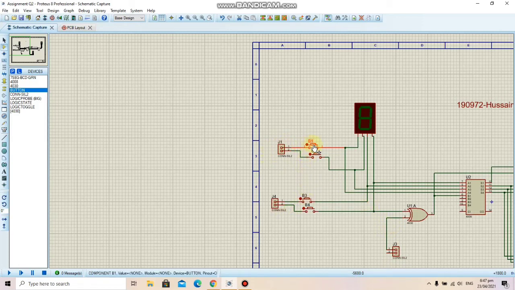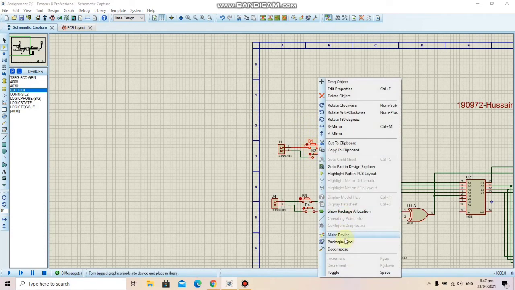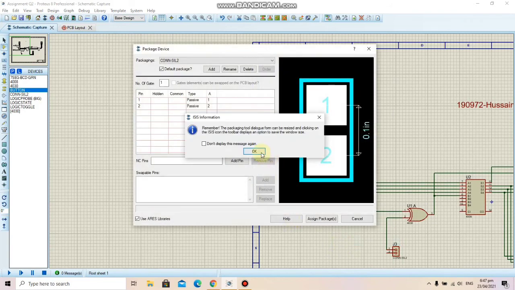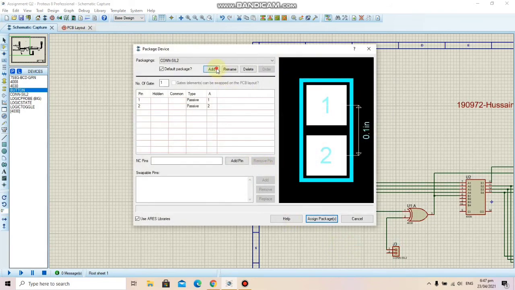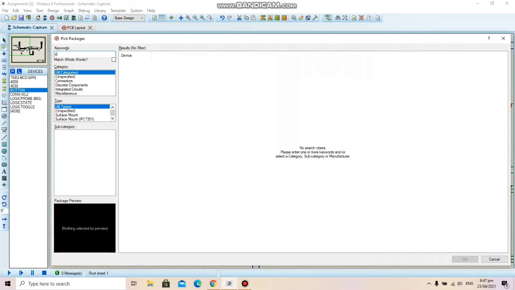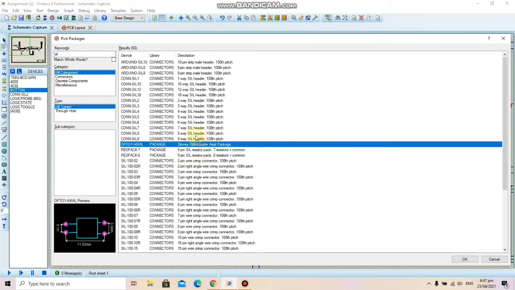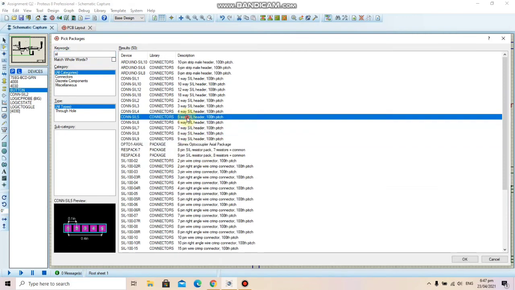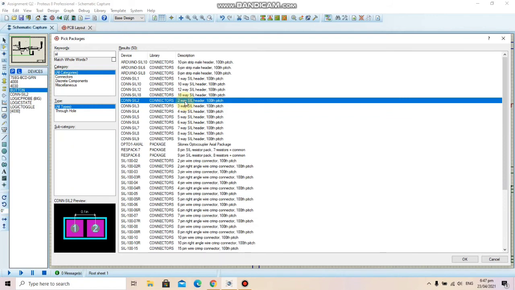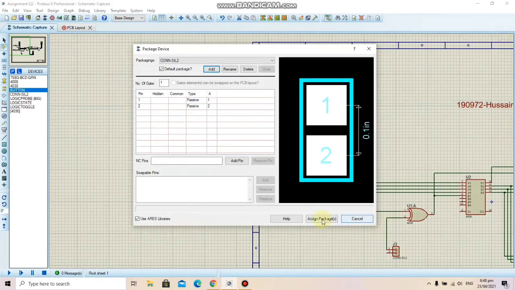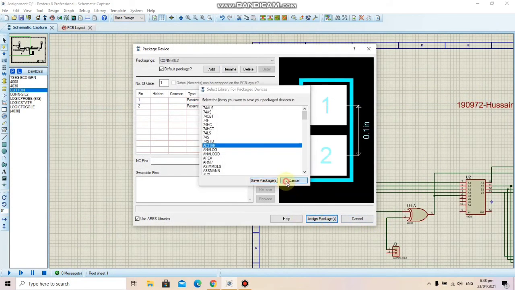After placing all of them, right click on the push buttons, go to the packaging tool, click add, and add this two-way silicon connector. Click OK, and then add assigned packages and active.